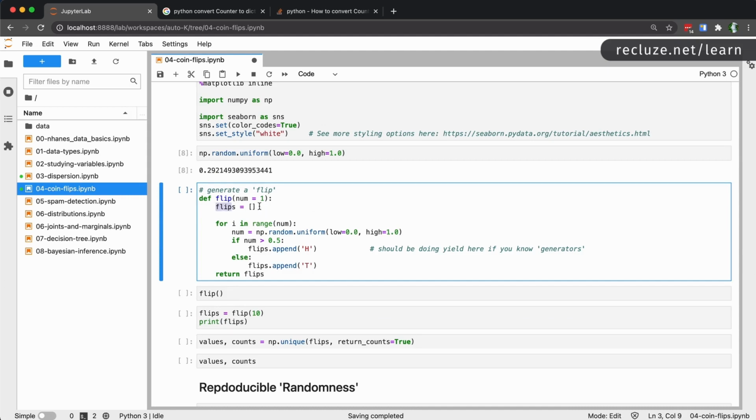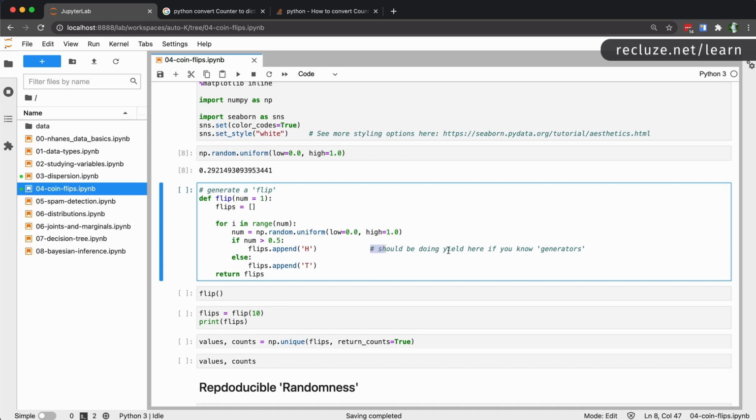We are going to start off with a very simple list. We are going to run this num number of times. We are going to generate a random number. If that random number is greater than 0.5, then we say it's heads. Otherwise, we are going to say it's tails. So essentially, now we have created a fair coin. It's fair because anything above 0.5 is going to be heads, and anything less than or equal to is going to be tails. And if you recall, uniform ensures that all the values are equally likely, so we have created a fair coin. Let's go ahead and run this.